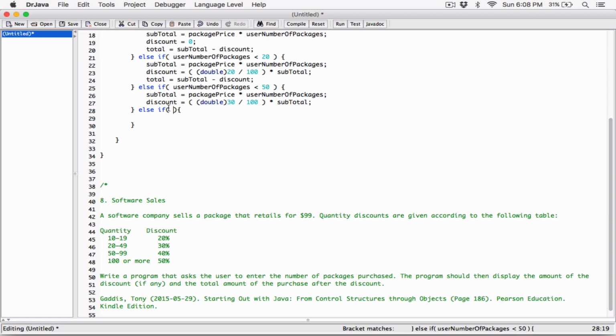And for all the numbers 50 and above, we want the ones less than 100, so 50 to 99, because we want 50 and above. If it's not less than 50, then that means it's 50 and above. We want any number 50 and above, but also less than 100. So that means 50 to 99. In that case,